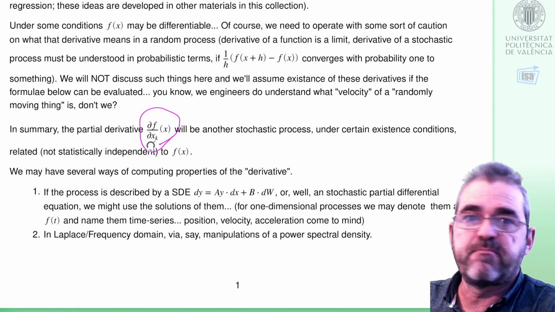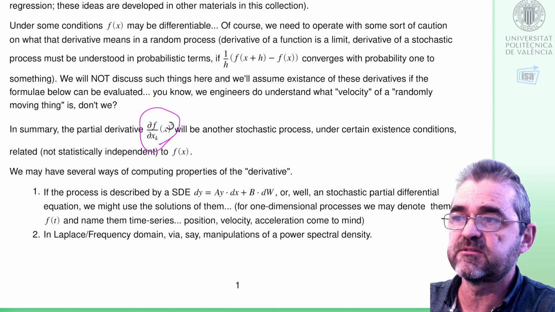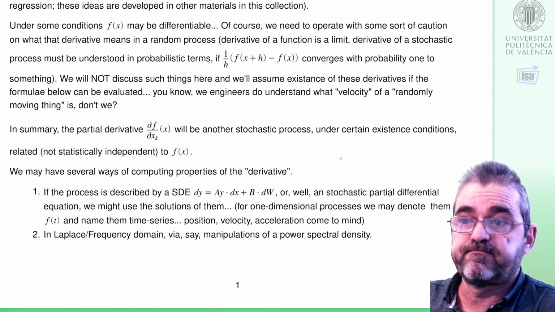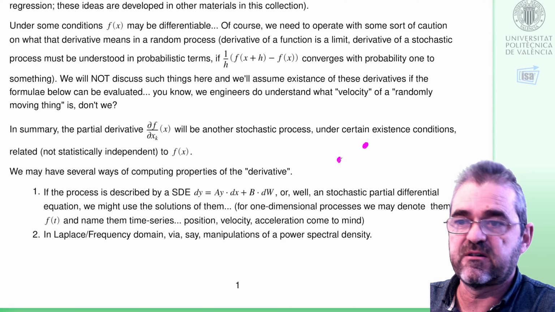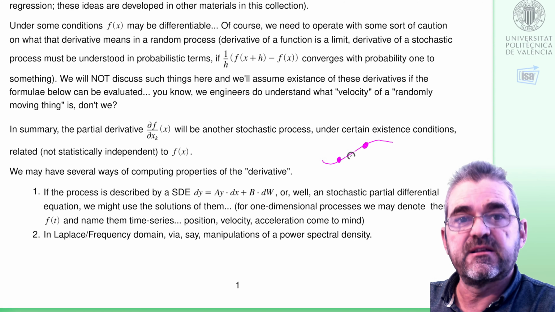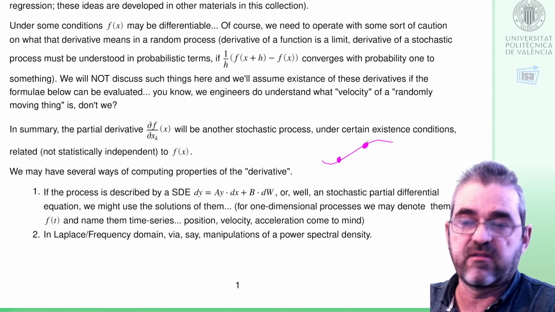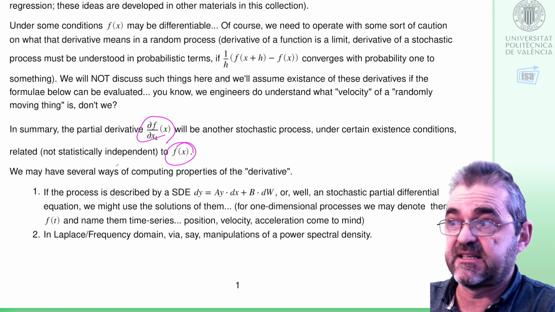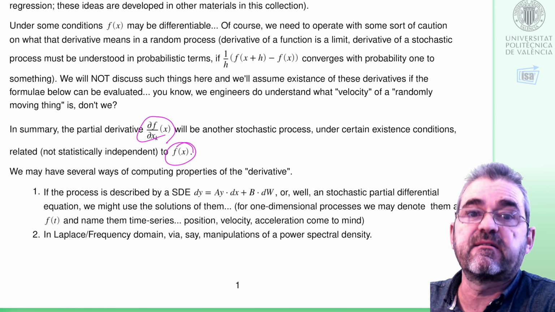So that thing will be the partial derivative of the stochastic process with respect to one of the input variables. In signal processing, x will be actually time. And of course, it will not be statistically independent of the originating process f, because, if I measure these positions, it's quite likely that the gradient has a very high correlation with the slope of the line joining these points or something like that. So the partial derivatives of a process and the process itself will not be statistically independent. At least that's what we intuitively expect in a general case.